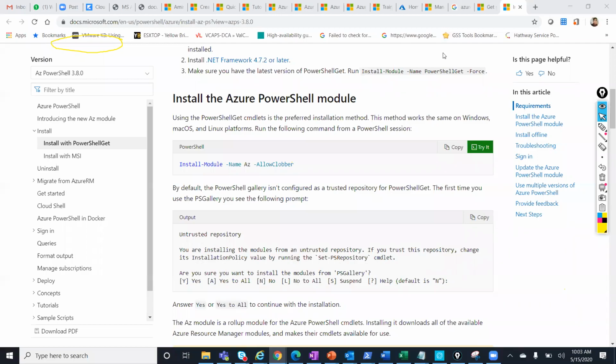Troubleshooting: some of the common issues are when you're trying to deploy resources. Deployment operations are logged under two areas, that is the deployment operation log and the activity log. So when I try to delete a machine, where does all the activity happen? This is a deployment activity log. So this is one place, and the other one is the activity log of that particular resource. Those are the two areas where you can check.